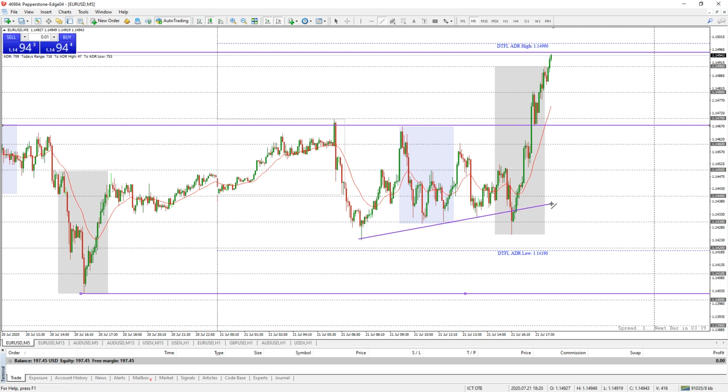During the whole day it was actually creating this wedge, and see what it did during the New York session. It actually did a false break, and boom, it went up. Did I get a trade here? I actually did, but it's not a good